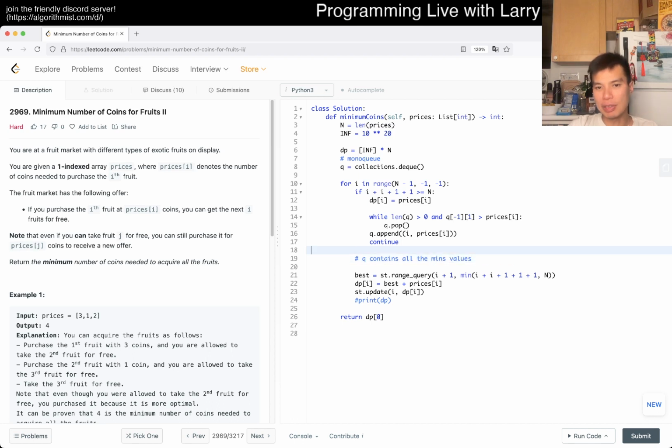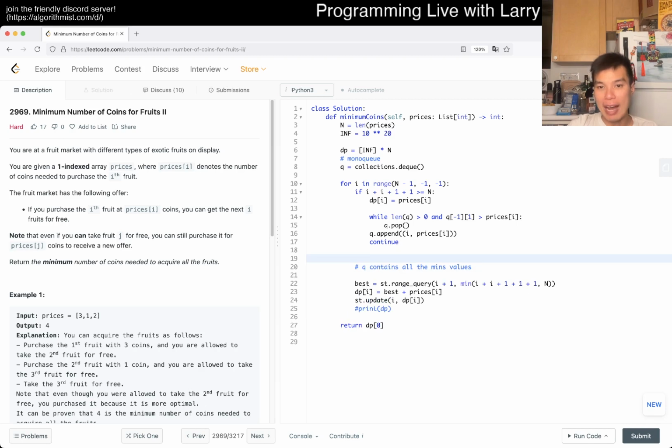So the thing we have to do is narrow the indexes from I plus 1 to this thing. Keeping in mind that I count backwards from larger to smaller, that means we have to keep making sure that this condition is met, right? So while length of Q is greater than 0, and Q of now the front,